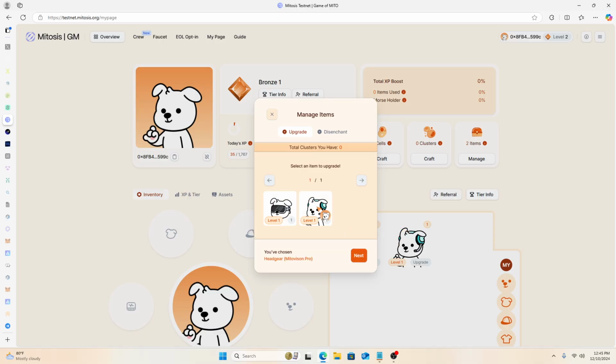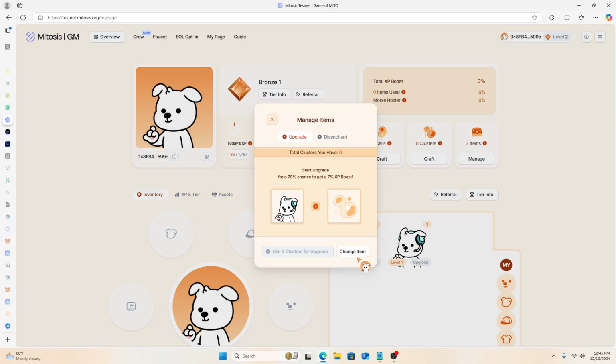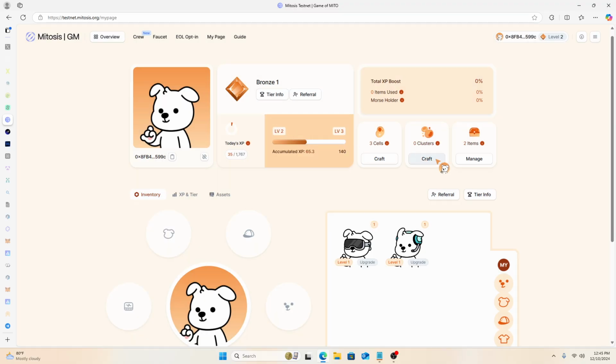Let's change item and try this. Headset, next. Also need 3 clusters to upgrade. So what is required here is to go and do more activity, improve my cell count, then use it to try to get 3 clusters, then come here to upgrade my items. I just need 3 clusters. So at the beginning, you can focus on getting a large bulk of XP and cells. So some other thing you can do,